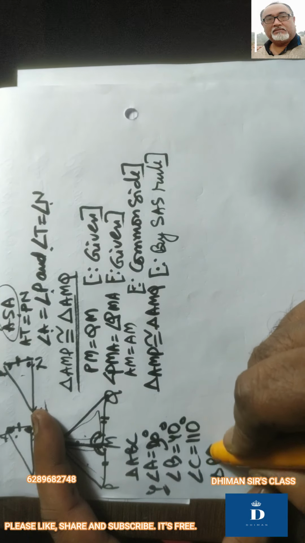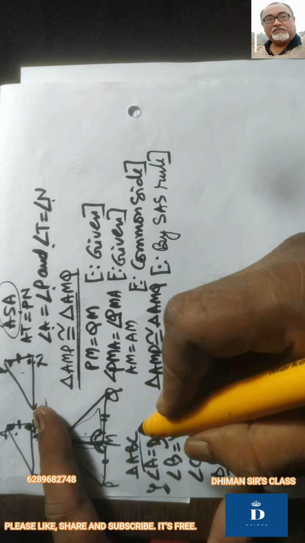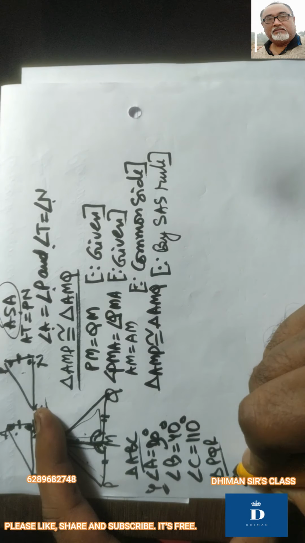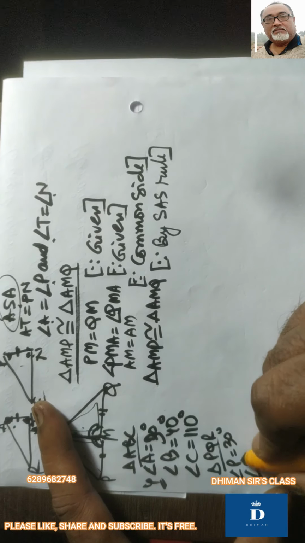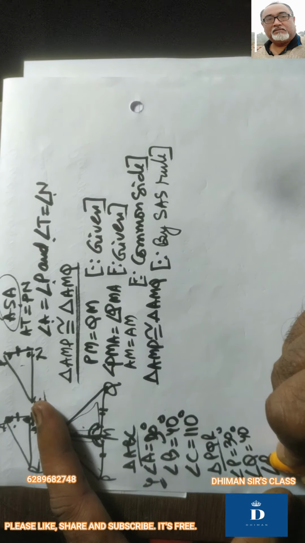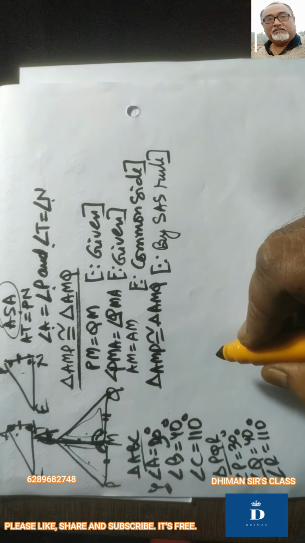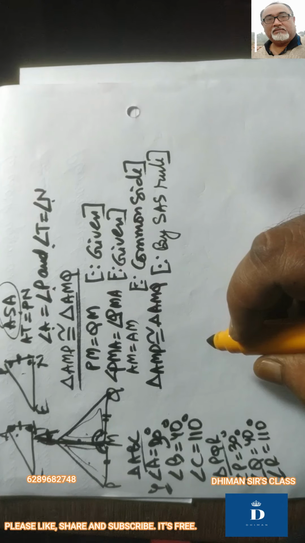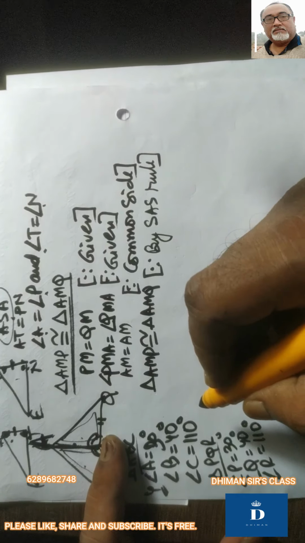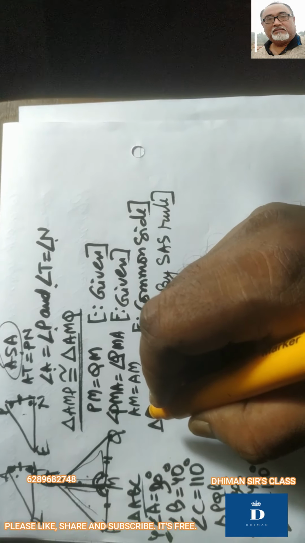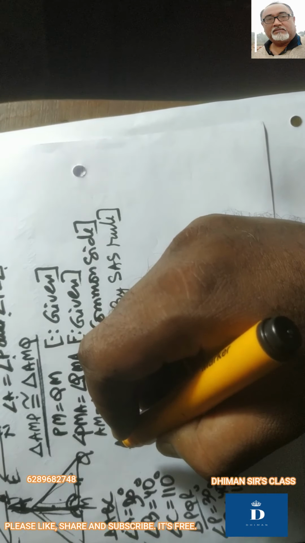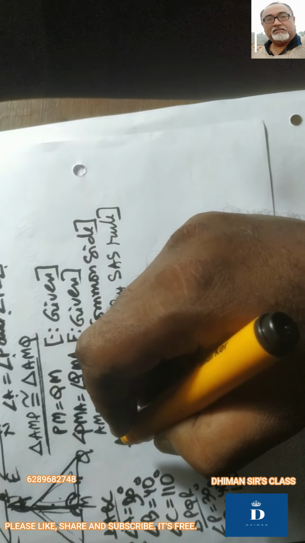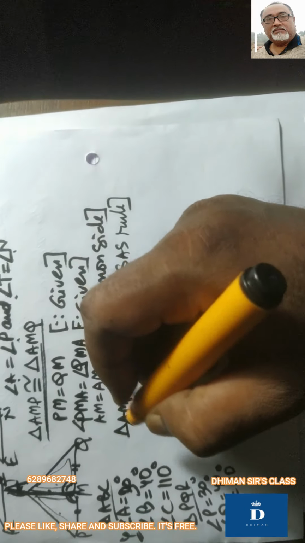In triangle PQR, they are saying angle P is equal to 30 degrees, angle Q is equal to 40 degrees, and angle R is equal to 110 degrees, obviously. Now, a student says that triangle ABC is congruent to triangle PQR by AAA rule. Is there anything called AAA rule of congruency, my dear students? One of the students is telling that it is by AAA congruent criteria. Is it justified? Why or why not?